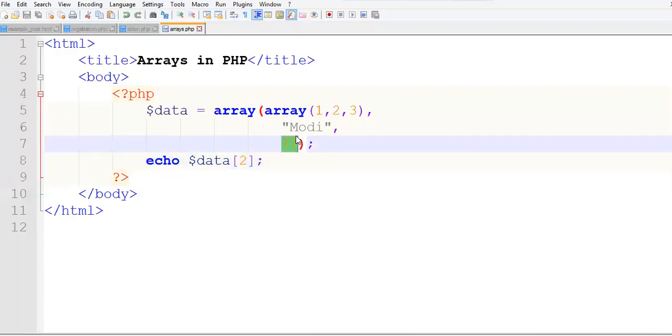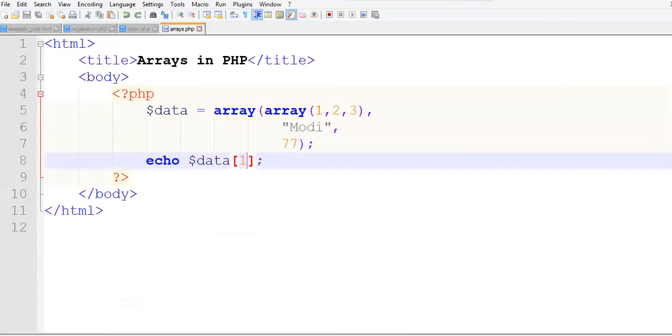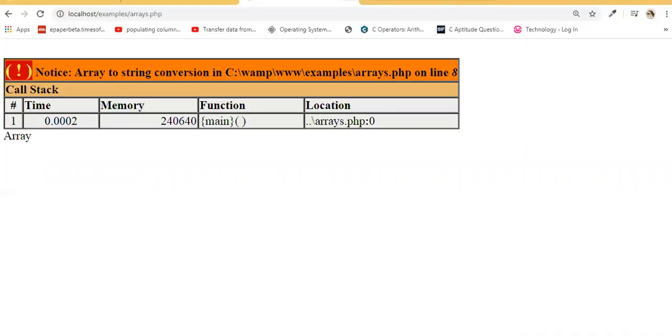Now let us try to get the one that is present at index 1. Yes, we are getting it correctly. Now if I specify it as 0, so we have an error here.